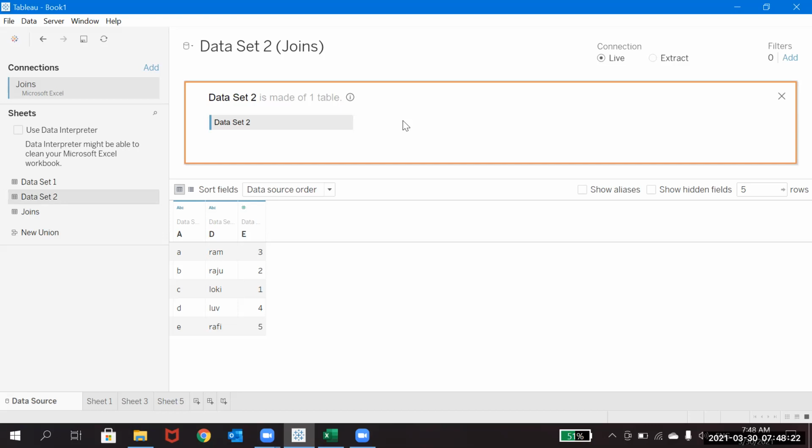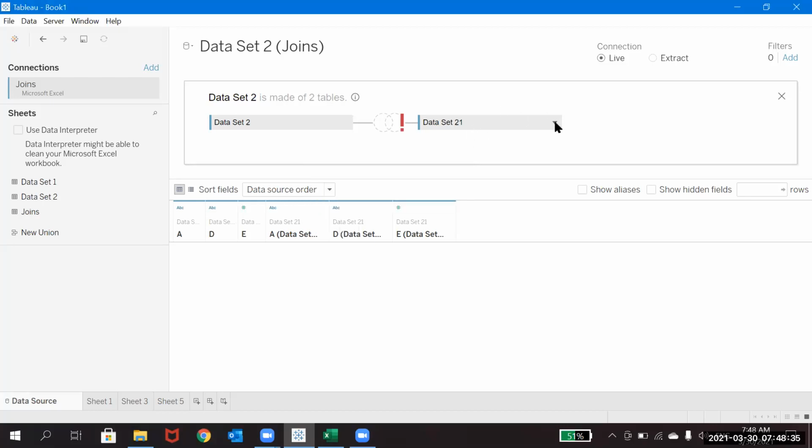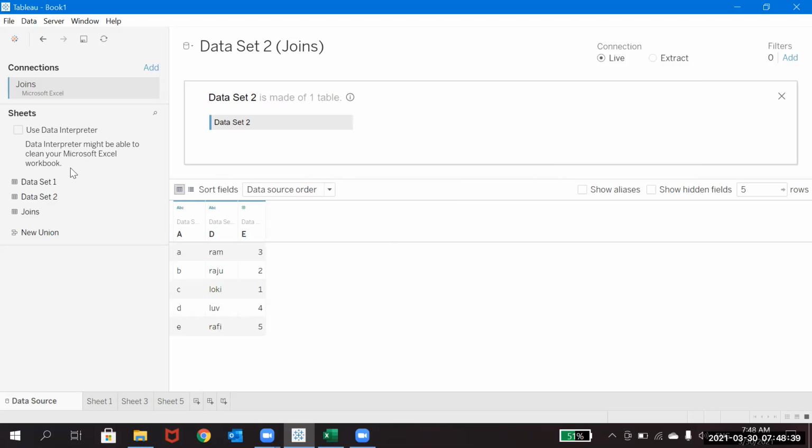I have added this. Okay, this is data set 2 only. I just dragged it down, one second. I'm dragging out the second data set.